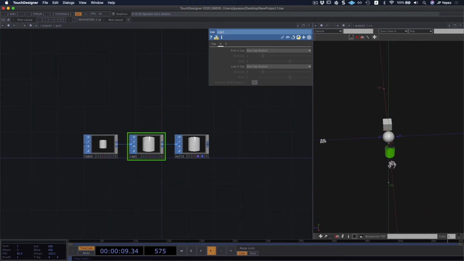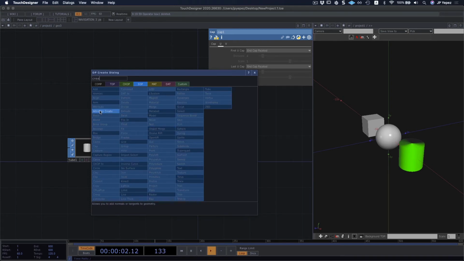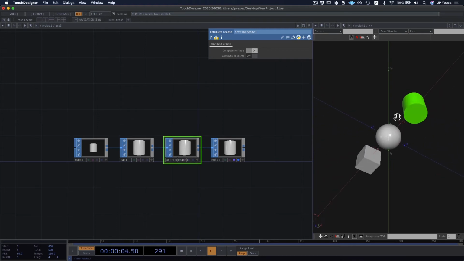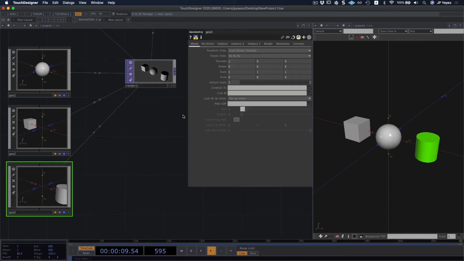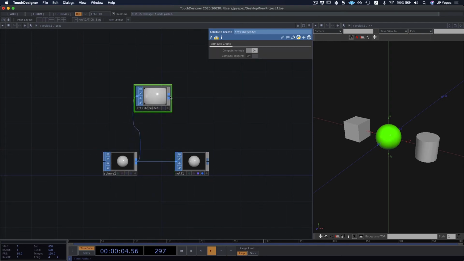And you might notice that this is a bit weird looking, and that's because my normals are a bit weird on this particular one. So I'm gonna go back to my attribute create. Again, that's the value of my null. I can just keep adding stuff to my network without having to connect more stuff at the end. So I'm computing the normals with my attribute create like we did before. And that's pretty useful to have. In fact, I'm gonna add this attribute create, which is gonna be useful later on, to all of my networks.